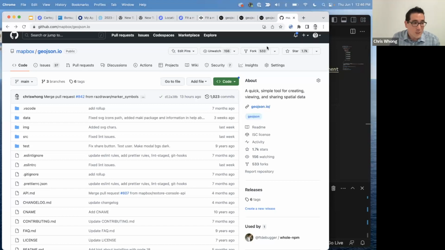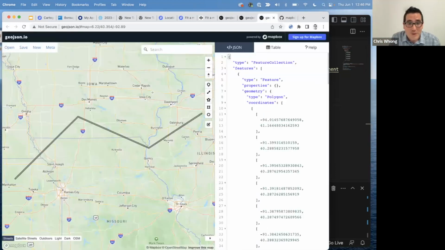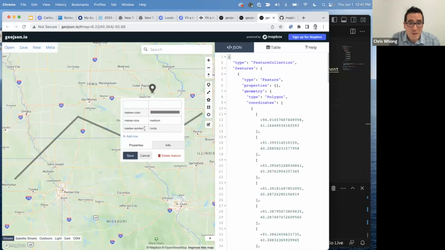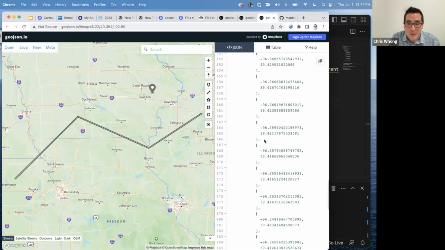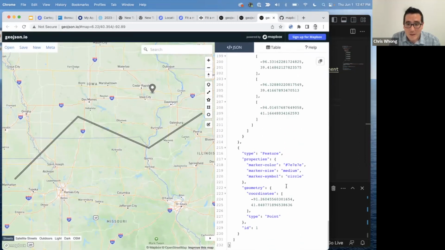For example, yesterday we brought in a pull request from a user restoring the simple style spec marker attributes. There's actually part of the simple style spec that allows you to add, well, here, I'll just show you. If I have a marker here and I add the property marker-symbol, you can make that into a Maki icon.